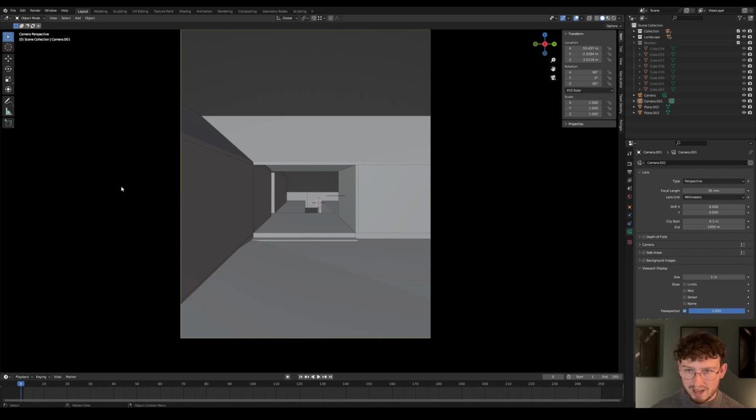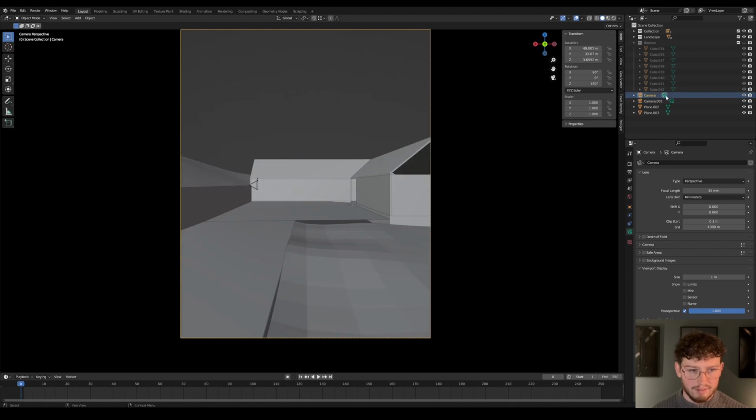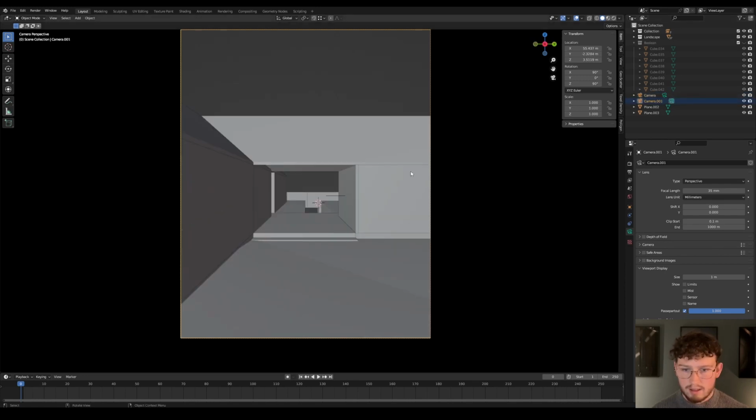Cool, so here we are in the landscape scene, the landscape file, and last week we kind of finished off creating a few camera angles. So these are the ones here, and I think the first render is going to be this one. I quite like how the lines kind of bring you into the scene. It's quite a nice composition. So what we're going to start out doing is just a little bit of basic lighting. So we're going to do some